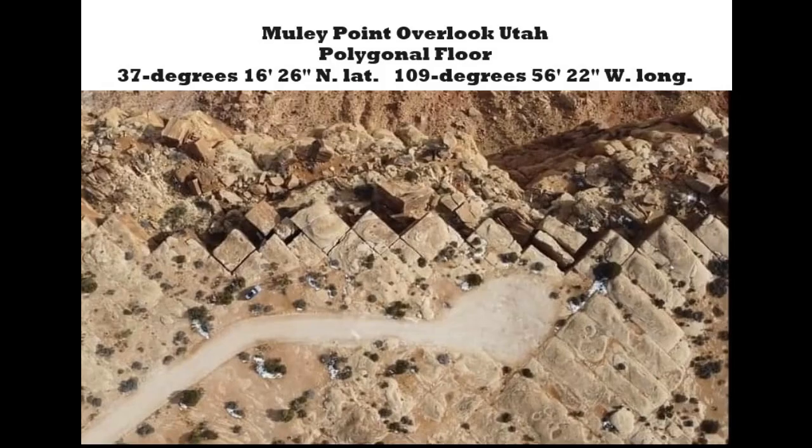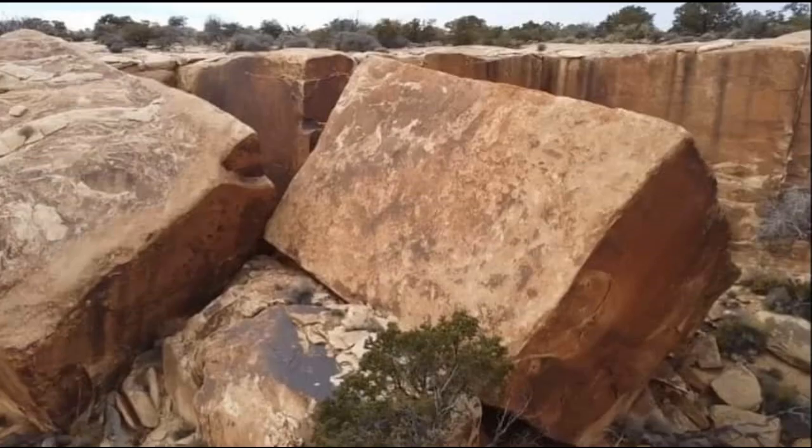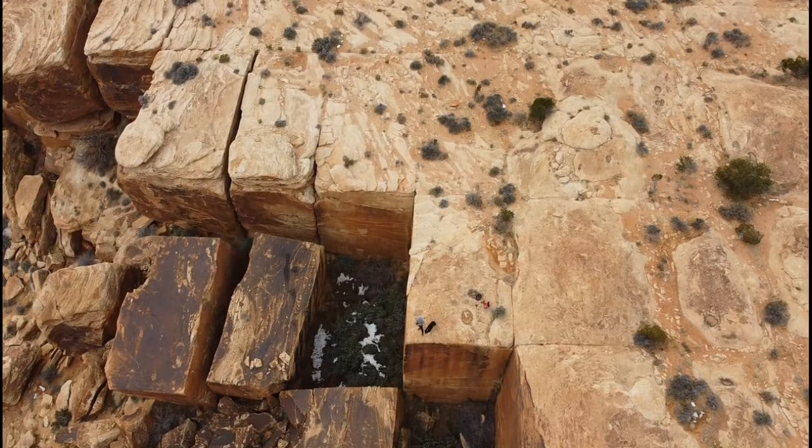Muley Point Overlook in Utah is located in the Four Corners area of the American Southwest. It consists of megalithic blocks that weigh several tons and are all constructed in precise right angles. The polygonal blocks are all built in similar dimensions. Not only are they built with precision, but there are also a large number of them that are used to construct